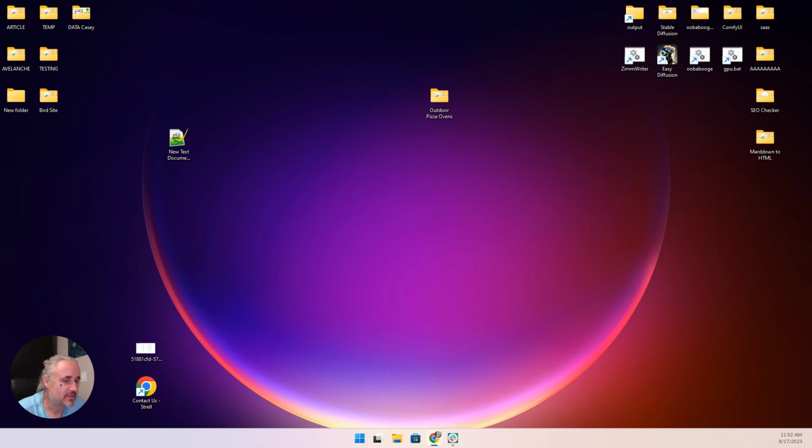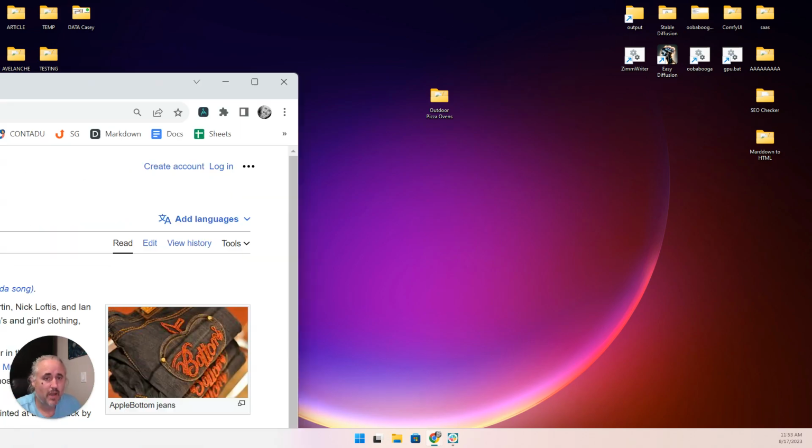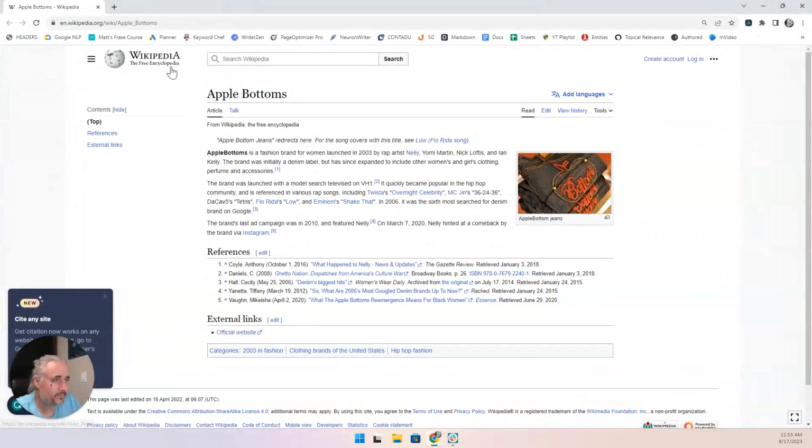Google built its knowledge graph based off of Wikipedia and many other sources, but any page that exists in Wikipedia technically is an entity. So let's pull up Apple Bottom Jeans. So this is an actual entity, and when you create that in your schema,